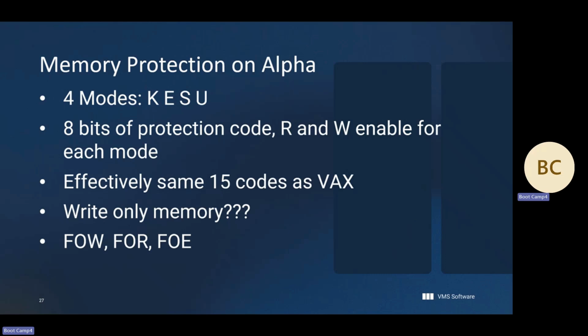We also had fault on write, fault on read, fault on execute bits that we could use for various purposes. We could use fault on write, depending on some other context, for fault on write pages. In other words, until you actually modify it, it's fine and everybody can touch it. But once you touch it, then you get your own private copy. Fault on execute was a way to enforce no execute access.